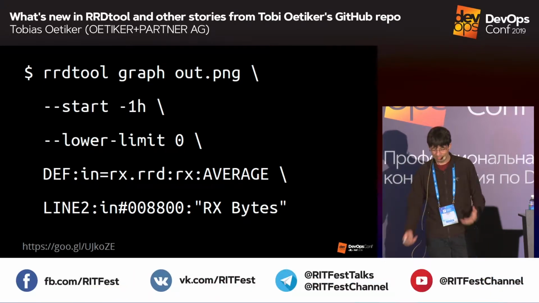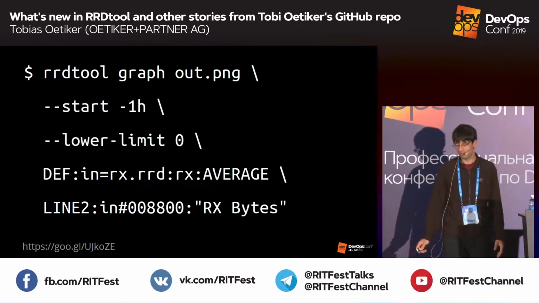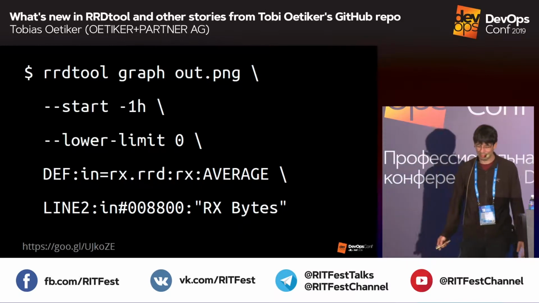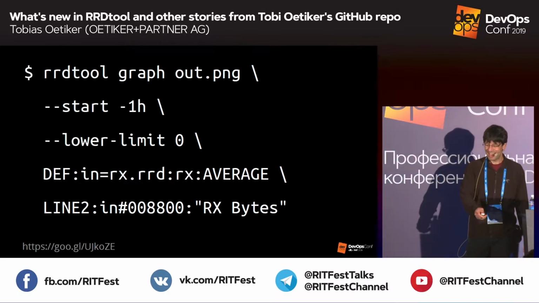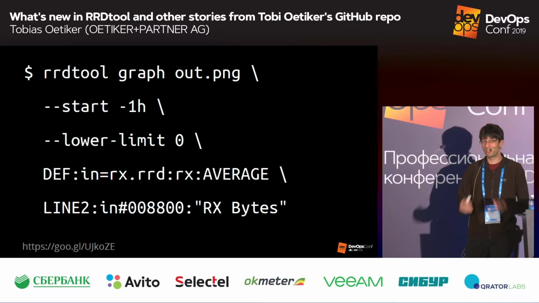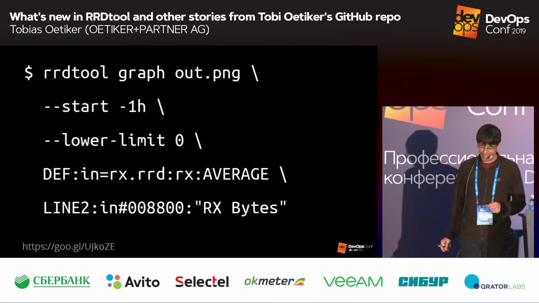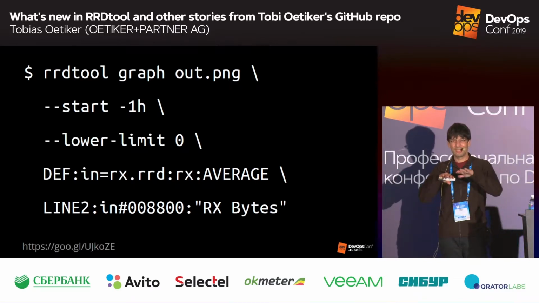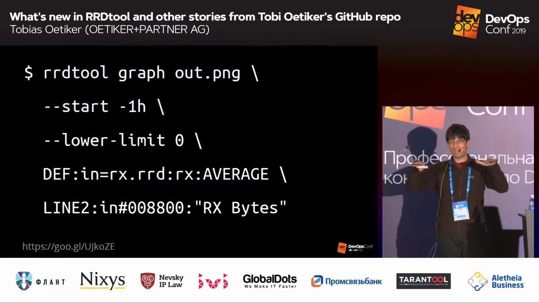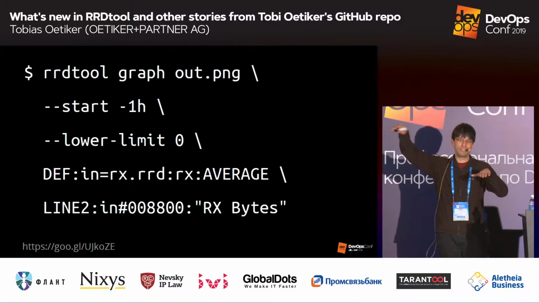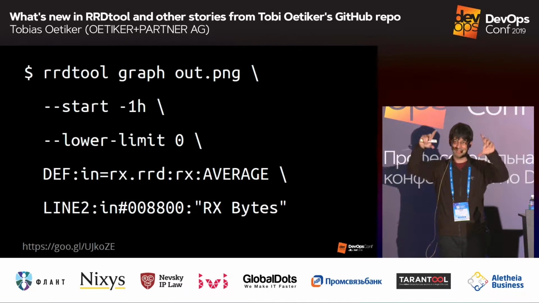It has some simple options and not so simple. I'm just going to explain the simple ones here. You tell it when your chart should start. So with start -1h, I tell it that it should start 1 hour ago. And I'm telling it that it should start the graph at 0. So even if the numbers are always at 1 gigabyte, it will start at 0 so that you can see